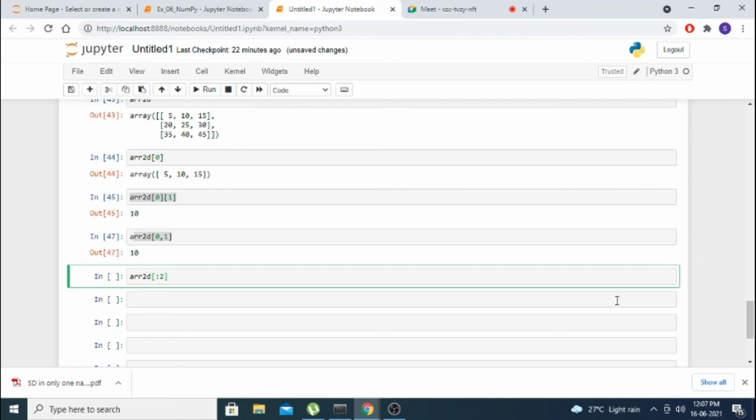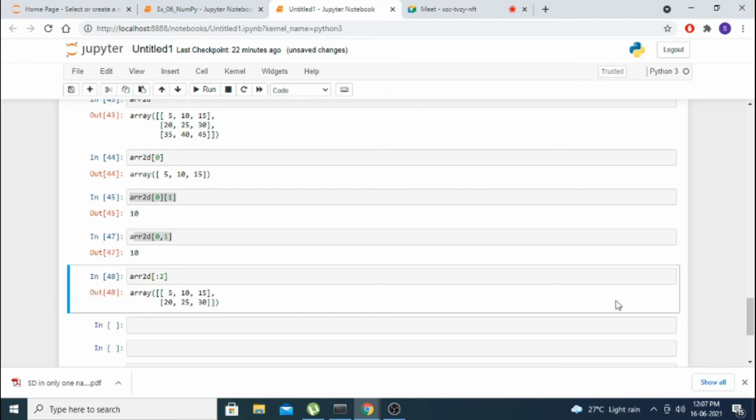Here 2 means n minus 1, so it will give the first two rows: the 0th row and the first row.